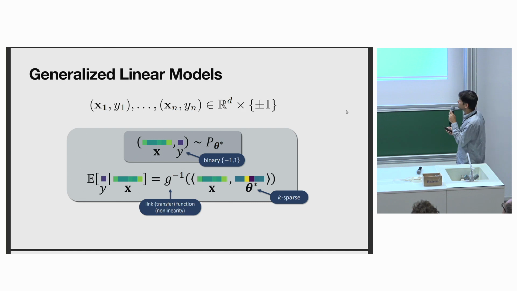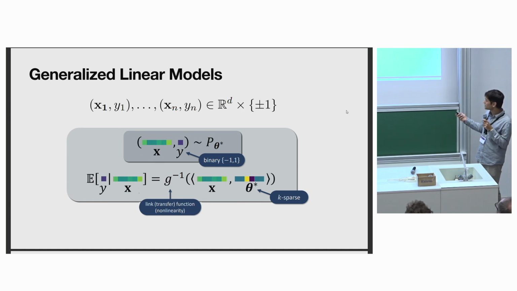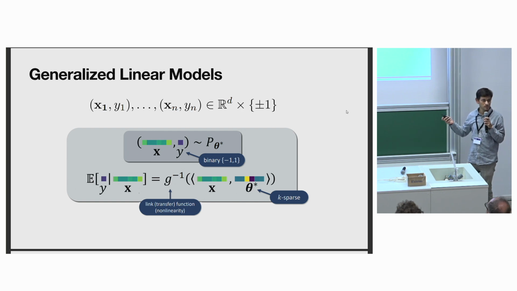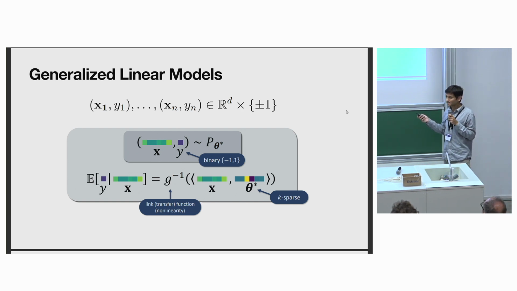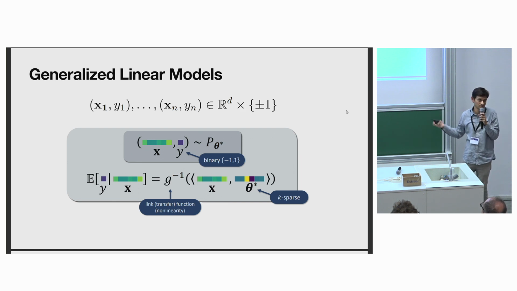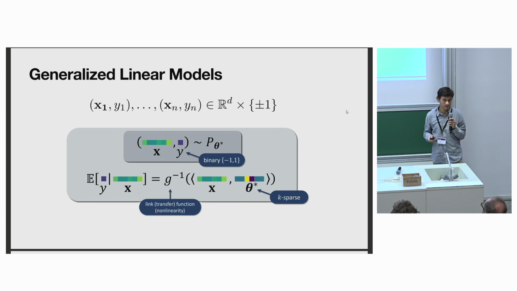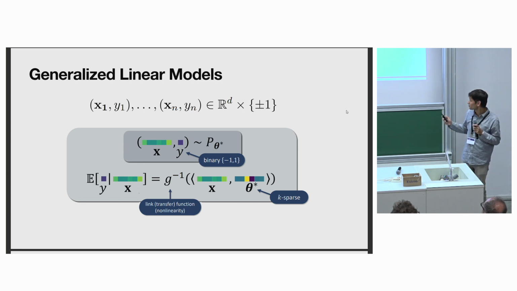In this talk, we are going to focus on GLMs where y, or the label, is binary, so plus or minus 1. Traditionally in statistics, it's a very well-studied model, and the aim is to find out this theta star. We are going to pose one other constraint on theta star, that it is k-sparse. That means it's a sparse vector. It's actually a generalization, so if you just put k to be d, then it's the usual case. There are a lot of reasons why sparsity is imposed here, and given the crowd, I'm not going to go over that.